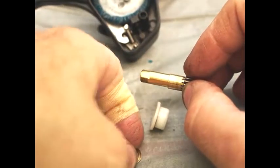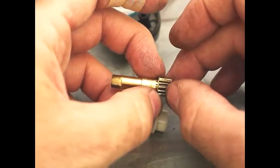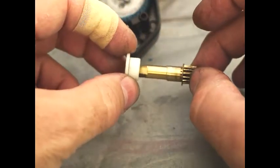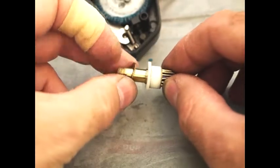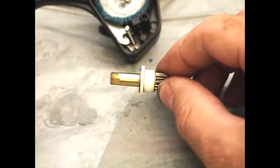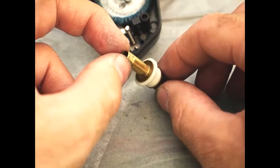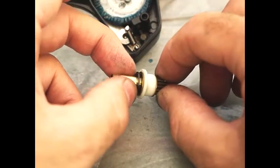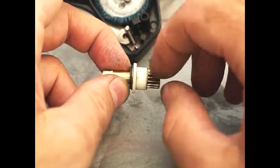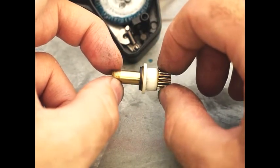It goes on the back of the brass assembly here, and that's a very, very tight fit, or it should be. And then your Teflon washer goes on there. There's a brass washer, like so. Now if you note, the brass washer, you can just see there, fits over the wider part, and then you've got this here, which is a fibre washer, which fits over the slightly narrow part of the brass assembly. We're going to put a bit of grease on that, and this is going to be inserted